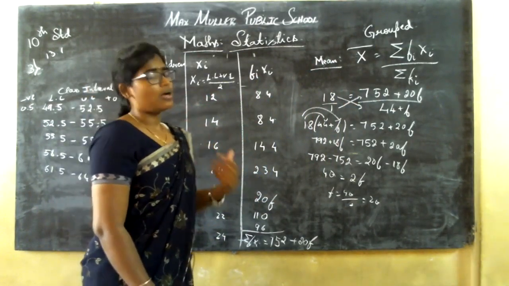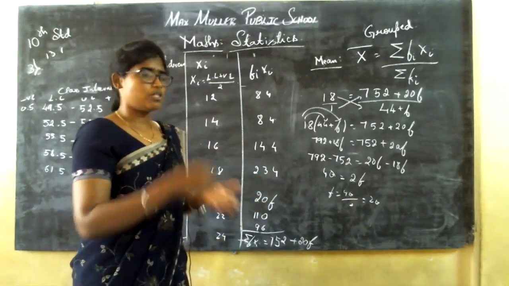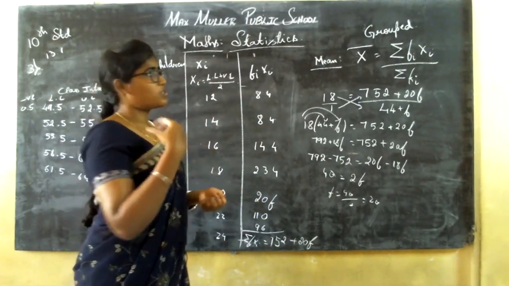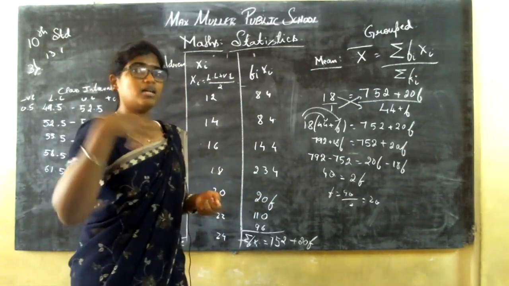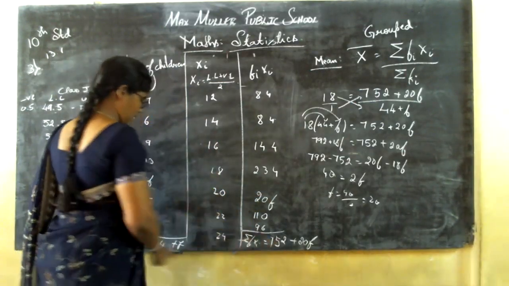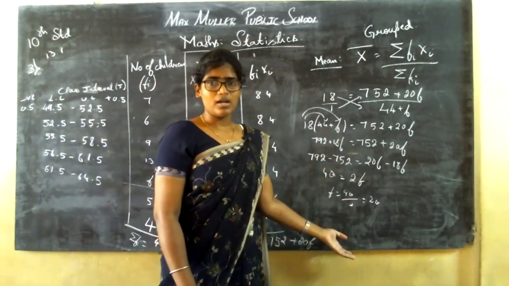If you are not able to remember it that way, since it is all based on MCQ questions, they won't see whether you have written the formula or not. When they ask you to find the mean, you can say the sum of the highest number divided by the sum of the lowest number gives you the mean. Did you understand the mean?